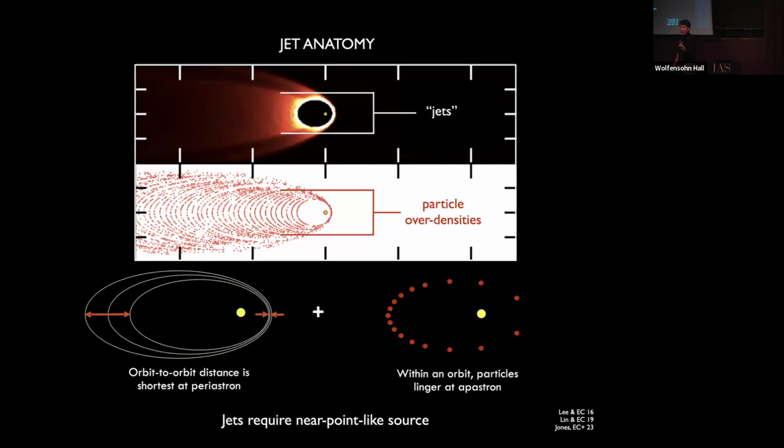It's a consequence of two competing effects. The first effect is that the particle densities tend to bunch up near peri, right? Because that's where the collision point is, that's where everybody meets. But the second effect is if you just take a look at a single orbit, the particles tend to bunch up at apo, because they get slower down there, there's a traffic jam. So when you combine both of these effects, the net effect is that you bunch up at neither peri nor apo, you bunch up at an angle that's in between. And that angle in between has to be reflection symmetric about the apsidal line. So that's how you get these jets.